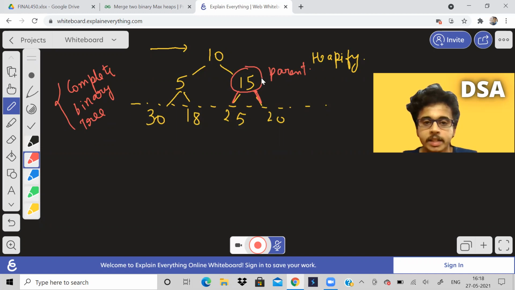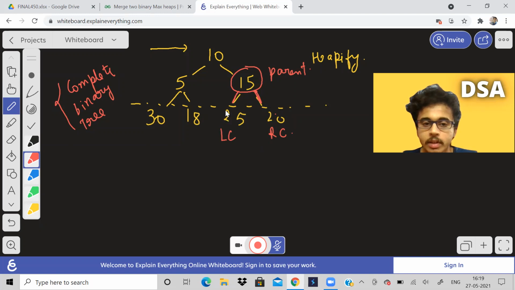So now coming back, this is the parent, this is the left child, this is the right child. Now we will see which has a larger value. Is the parent larger than the left and right child? No, the left child and right child both have values larger than the parent, but out of left and right, the right is larger.